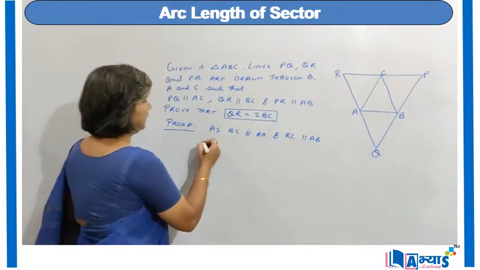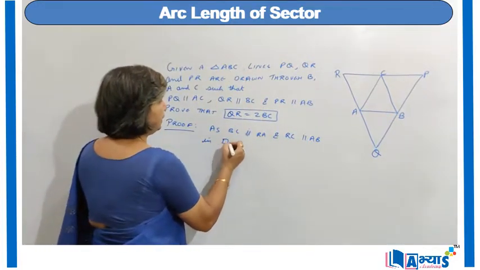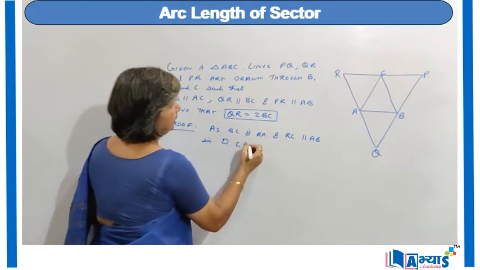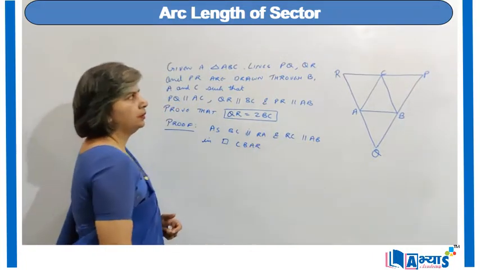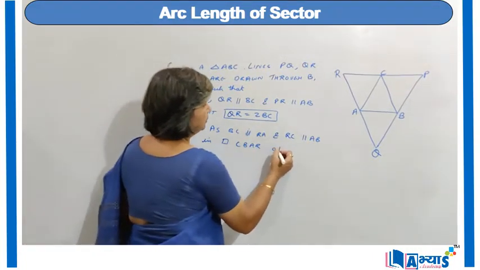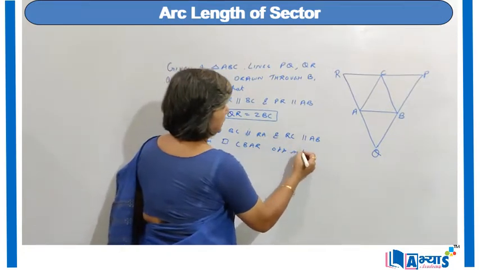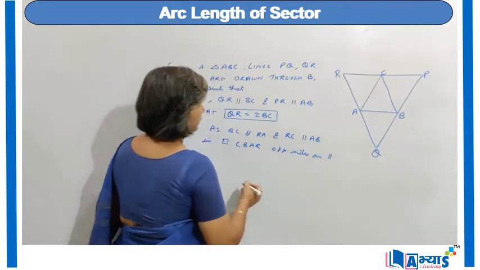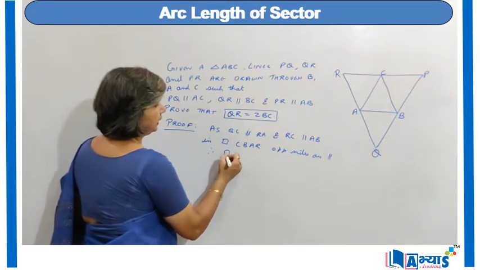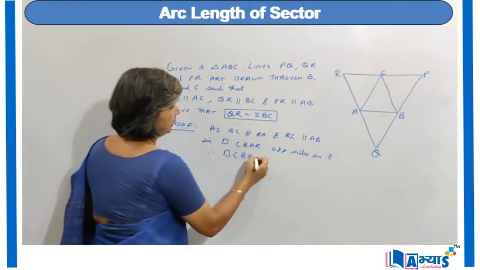Therefore, in quadrilateral CBAR, opposite sides are parallel. Therefore, quadrilateral CBAR is a